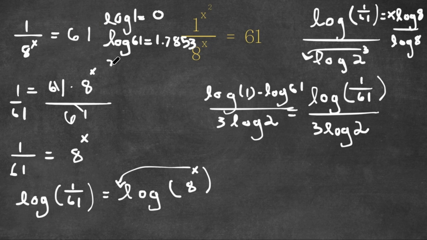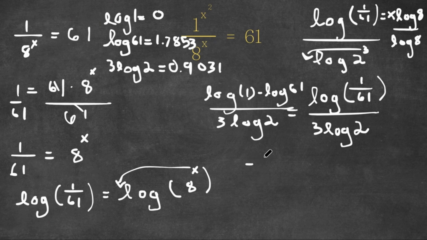And 3 log 2 is equal to approximately 0.9031. So now if we plug in these values, we get 0 minus 1.7853,